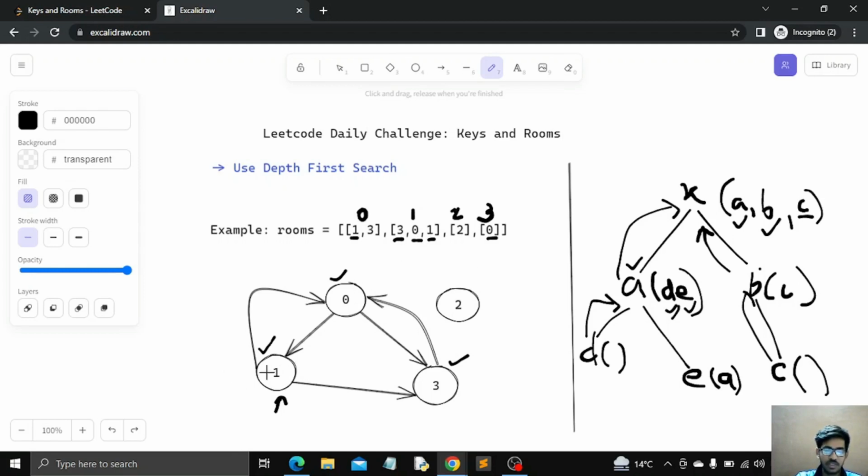So we will do nothing and we will backtrack to room 0. Now here the next key that we are having is of room 3, but as we have already visited room 3, we are not going to visit it again, and then we are going to come back. So here our process will end, as there are no more rooms connected and we cannot